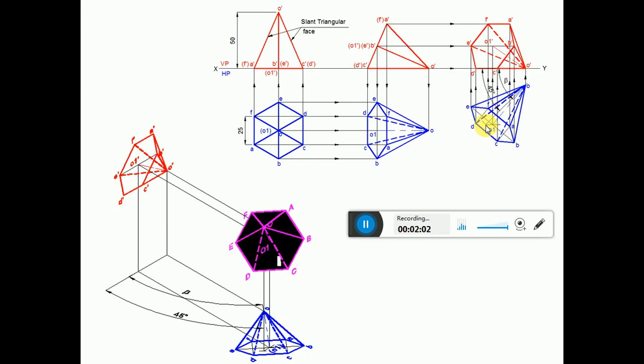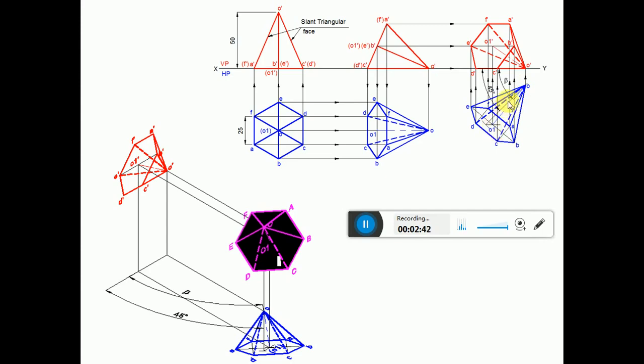From here you draw a horizontal line parallel to XY. That is going to be the locus. On that line, the other end of the axis, which is O1, has to form. Then by using the compass, measure the distance from O to O1, and with the same center O, cut an arc on the locus line to get the point O1. This is the apparent inclination. Join O to O1 with a center line, that is big dash, small dash, big dash.